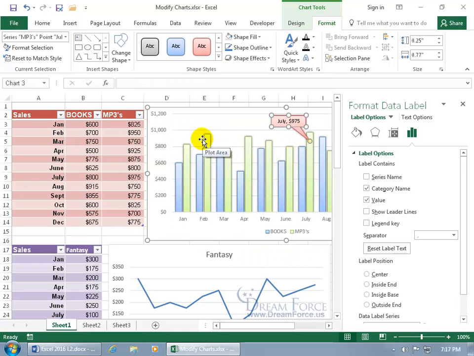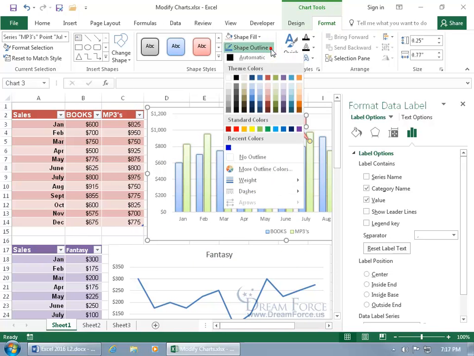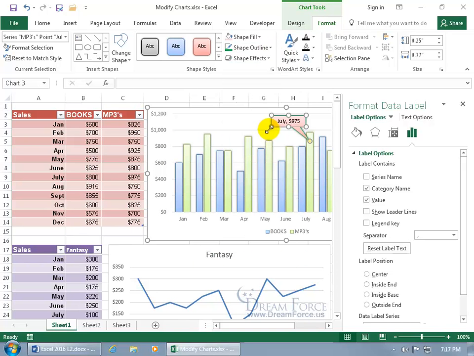Maybe that's pretty cool. And you can also change the shape outline. We can do something dark green, so you can go nuts on that. You can also double click really fast to select the text within it. And you know that you have the text selected when you see the mini formatting toolbar, so you can make